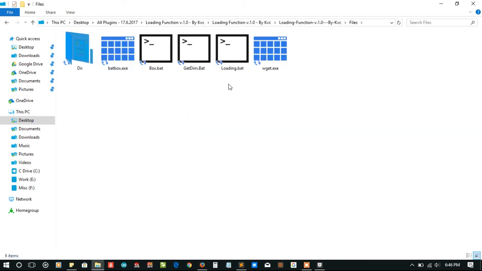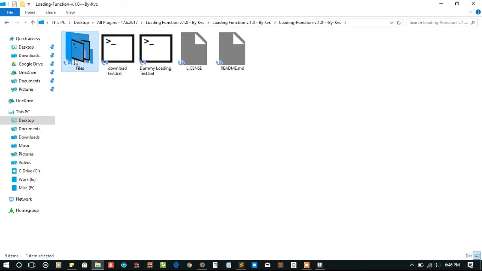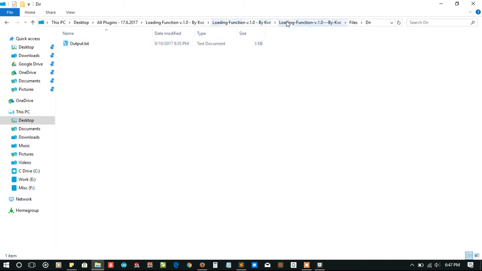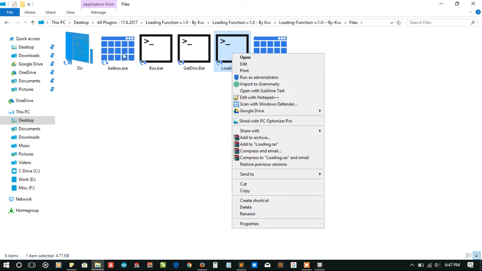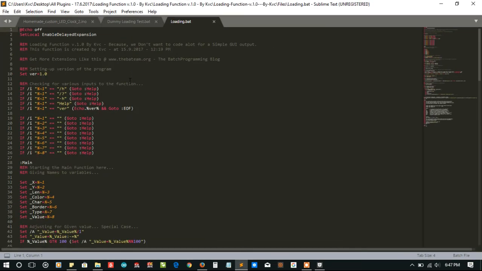The loading function uses this many batch plugins, and this is the extra plugin that the example file is using. That's why wget is here. The loading function uses the get dimension function, the box function, the petbox plugin by Darkpatcher, and in the dir there is nothing else. So the loading function is a 4.7 KB batch file, and it uses these two batch plugins or functions. So let me reduce the length, and you can see that I created it in the 9th month of this year, and